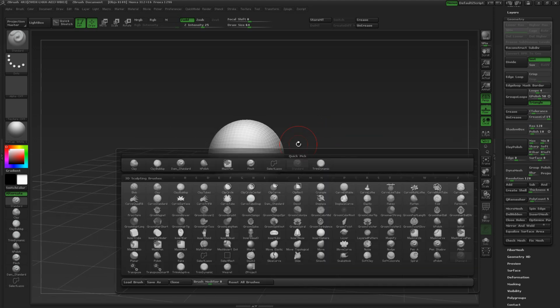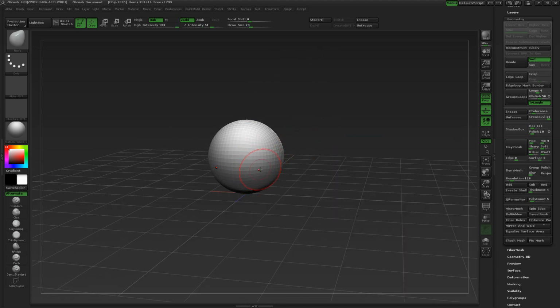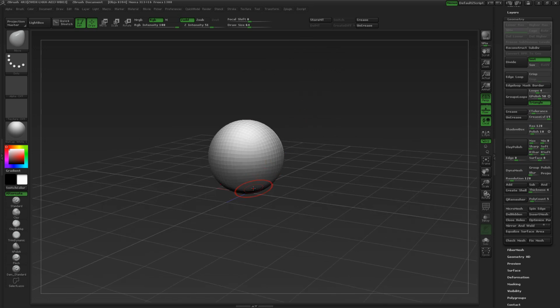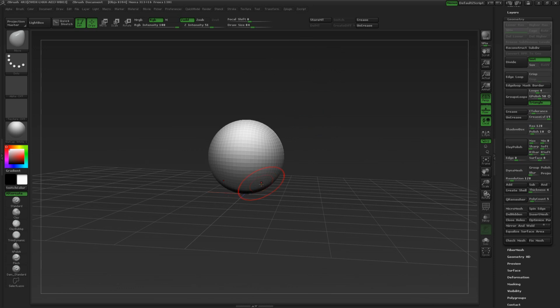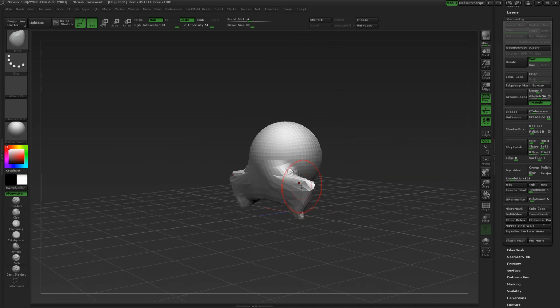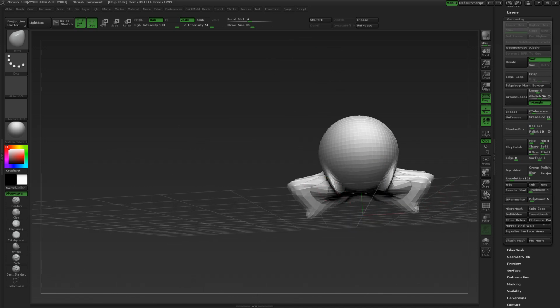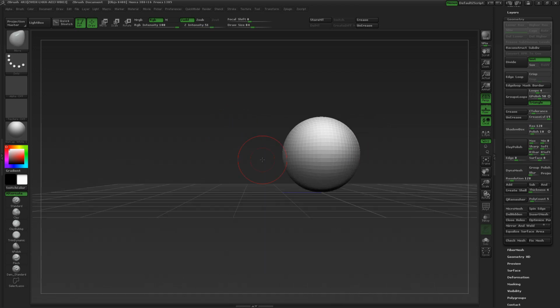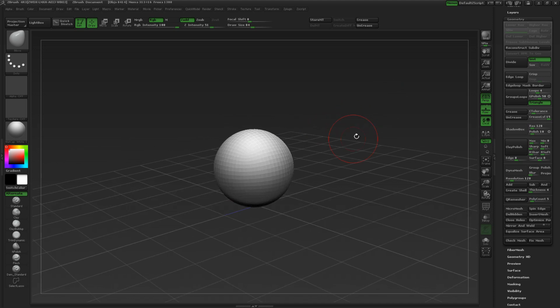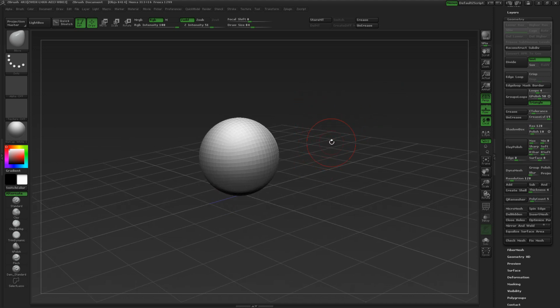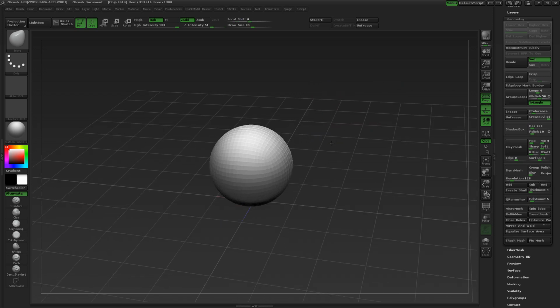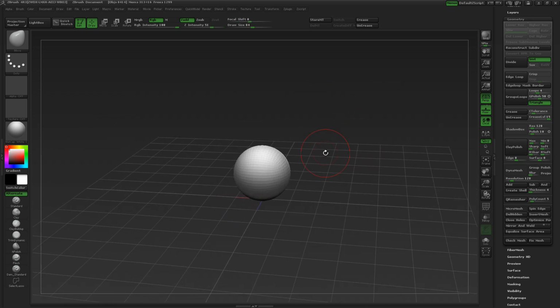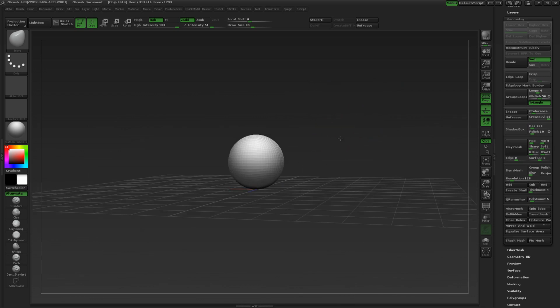So if you were to do this, like in my Dynamesh time-lapse video, or whatever it's called, I don't even remember. If you were to do this with a normal polysphere, obviously you'd get a lot of nasty stretching and really bad geometry just from trying to rework it into what you want it to look like. So in order to allow it to have better geometry, more distributed evenly, and things like that,